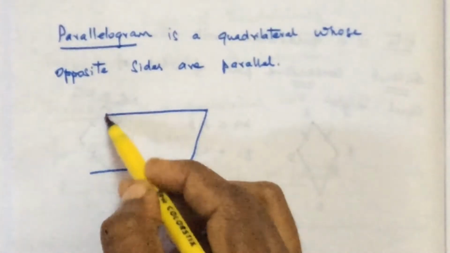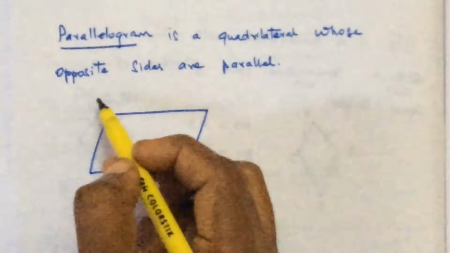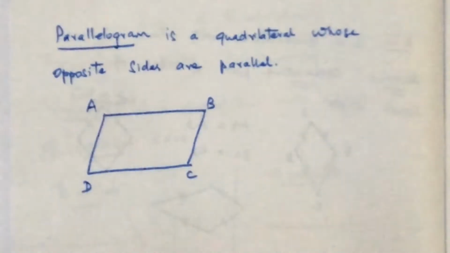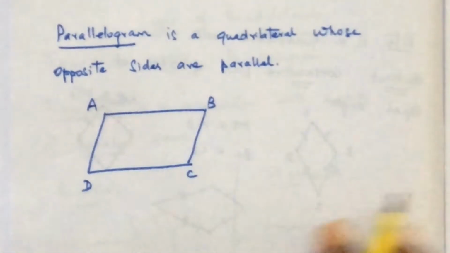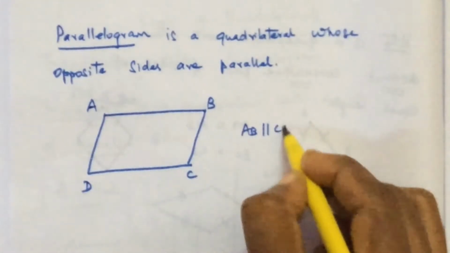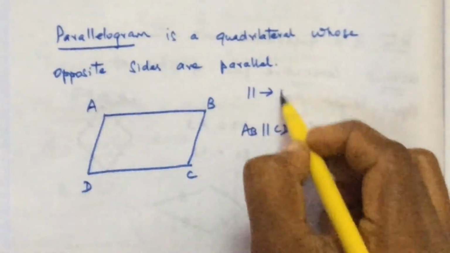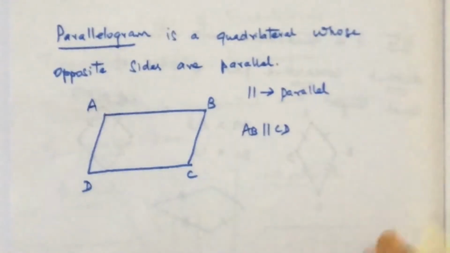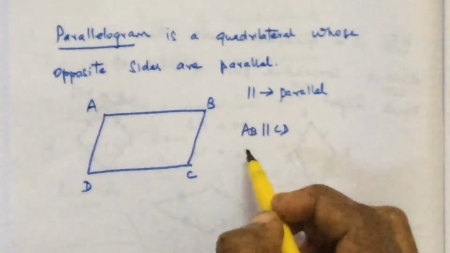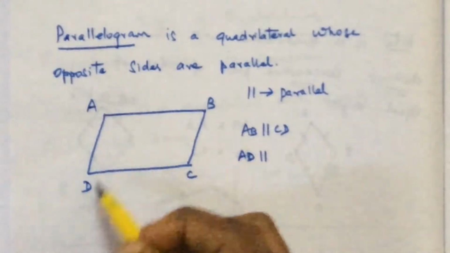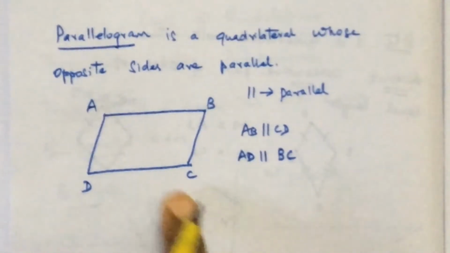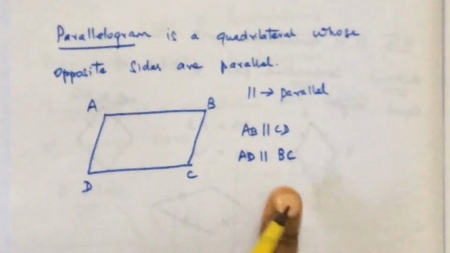So this is a quadrilateral with four sides and A, B, C, D. Opposite sides are parallel. So AB is parallel to CD. This symbol is called parallel. This means AB is parallel to CD and AD is parallel to BC. So in a quadrilateral, if the opposite sides are parallel, then it is called a